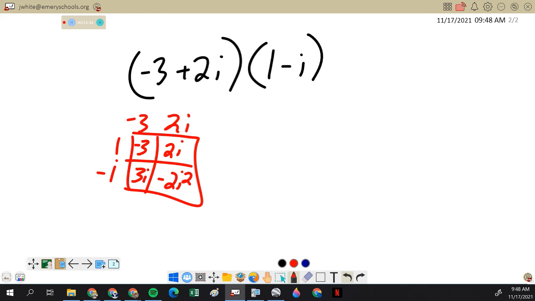So what happens here? Negative 2 times i squared, and i squared is negative 1. That's just going to become plus 2. So those go together to create negative 1, and these go together to create 5i. So when you multiply those together, you get negative 1 plus 5i. Okay, that is it for